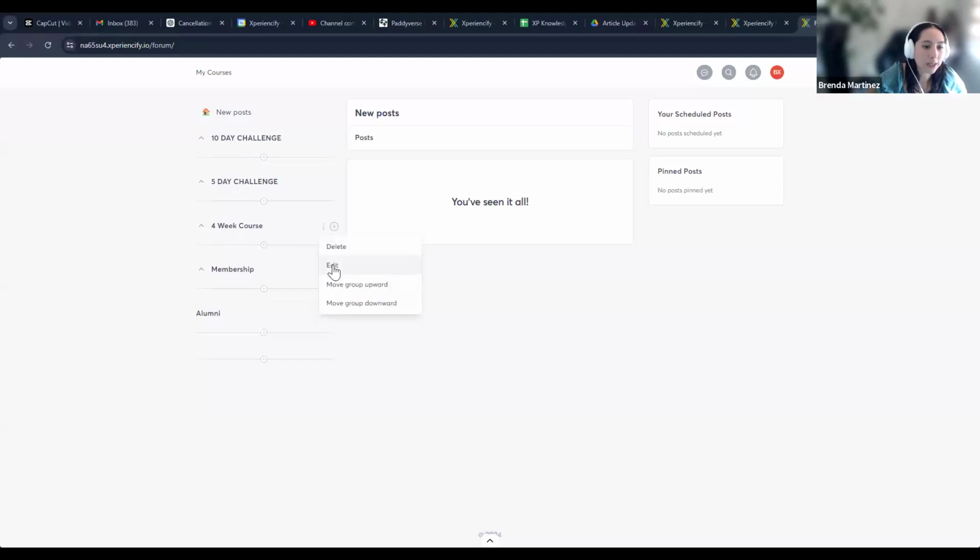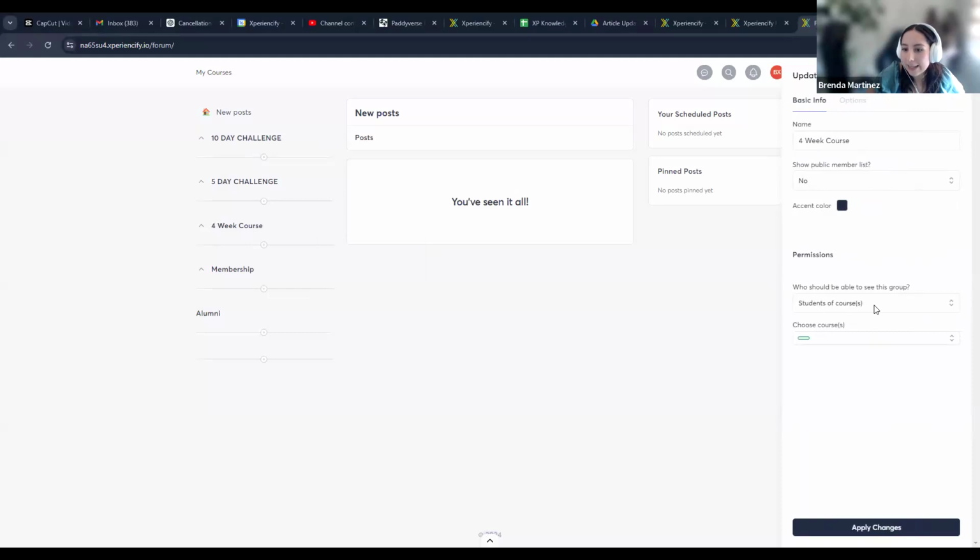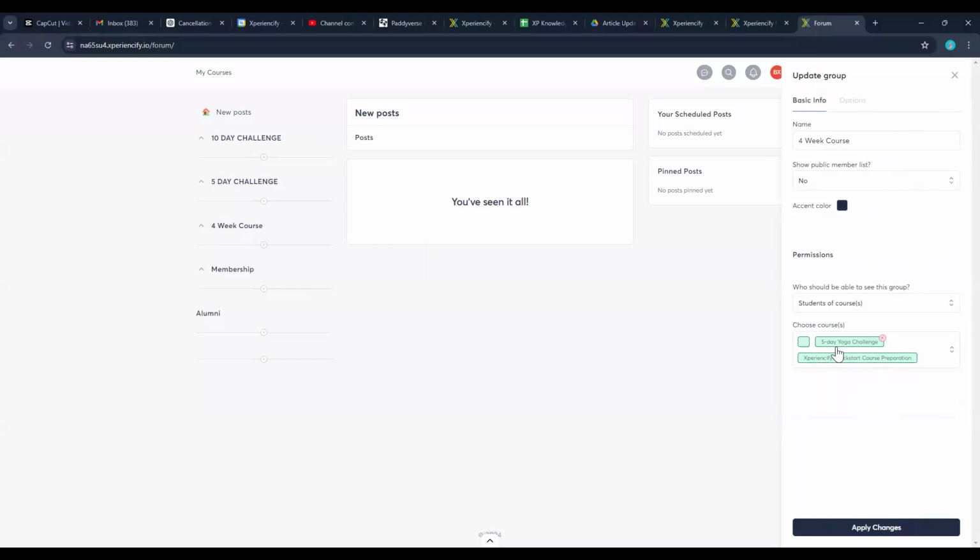Here when I edit it, I can select who is going to be able to see this space. So it says students of course or courses. Let me see. So this one and this one. Oh, yes, you can. So you simply select both courses and people will be able to see everything that happens in this space. Right. Now, my only thing is that what we liked about the comments is